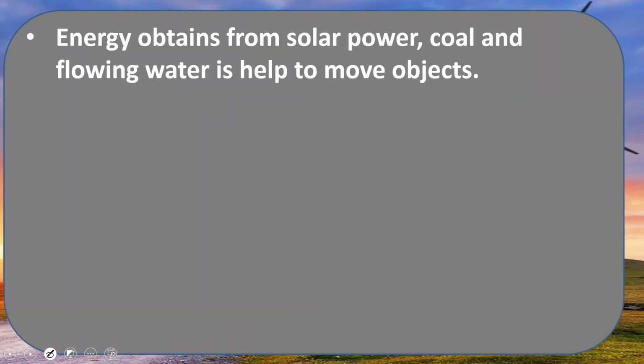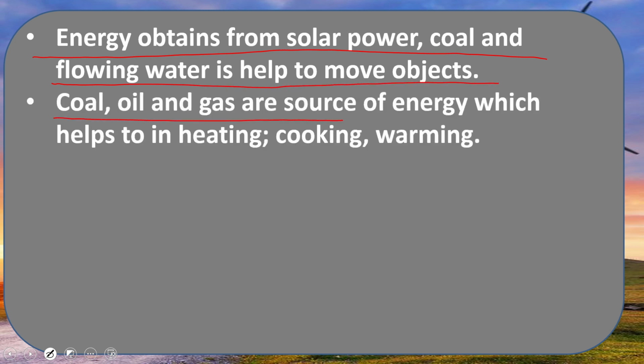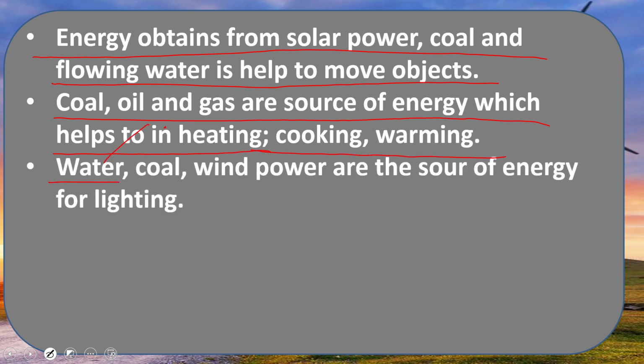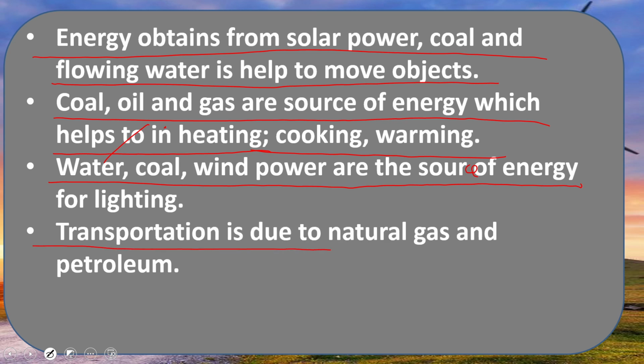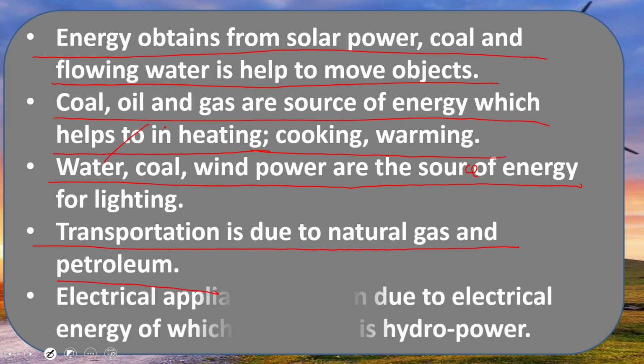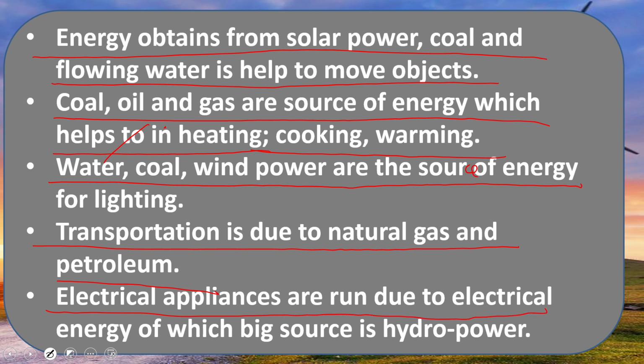So my dear students, in today's lecture we have learned that energy obtained from solar power, coal and flowing water helps to move objects. Coal, oil and gas are the sources of energy which help in heating, cooking and warming. Water, coal, wind power are the sources of energy for lighting, and transportation is due to natural gas and petroleum. Electrical appliances are run due to electrical energy, which is a big source,